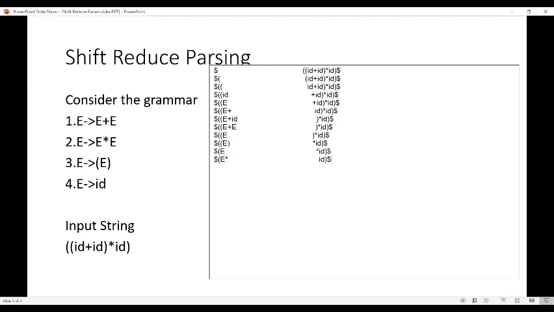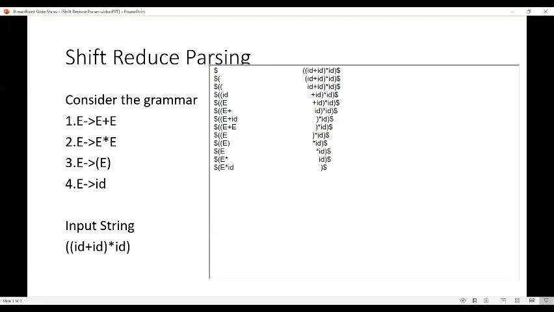So now again we have to apply shift action. That is, shift action is nothing but moving the next input symbol in the buffer to the stack. So dollar E asterisk id. Write the remaining input symbols in the buffer: closing parenthesis dollar.